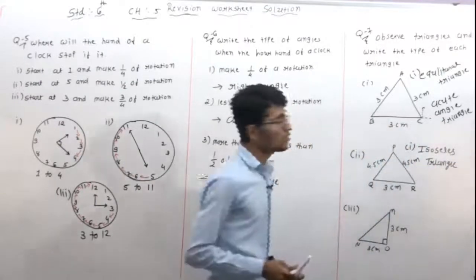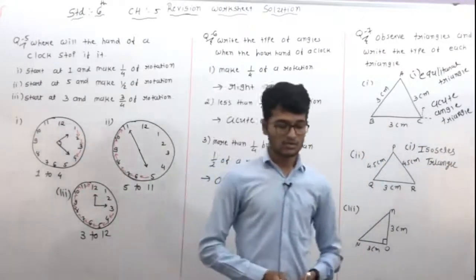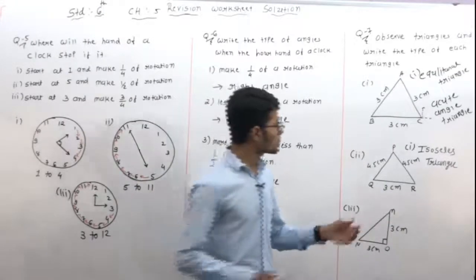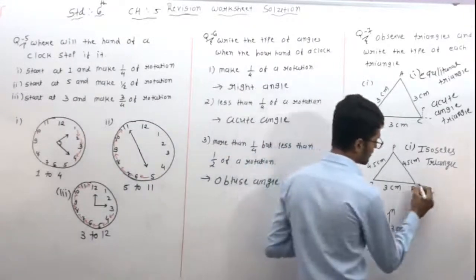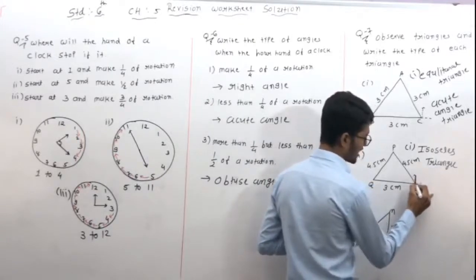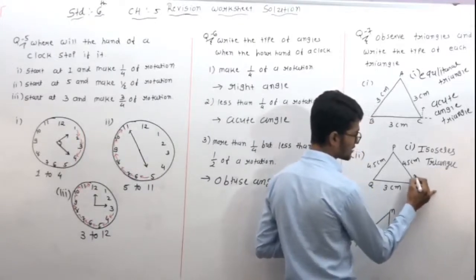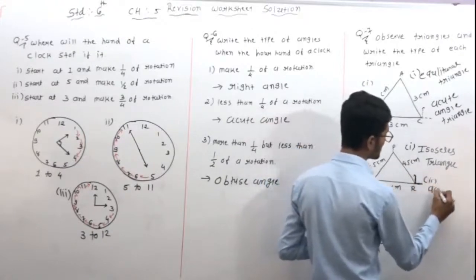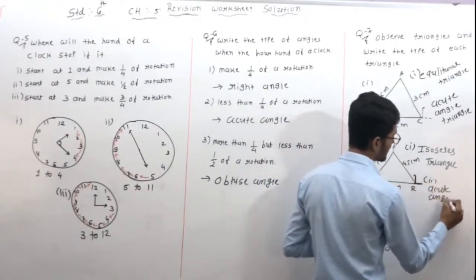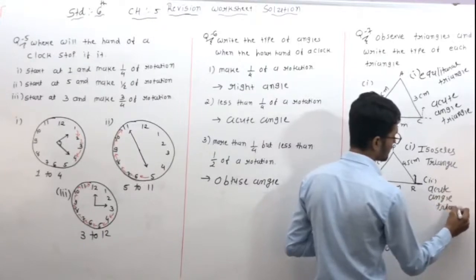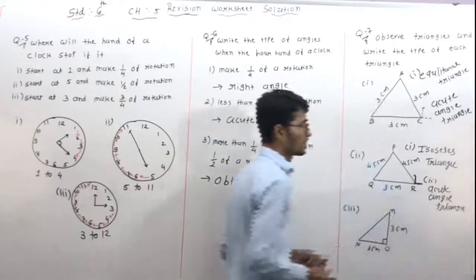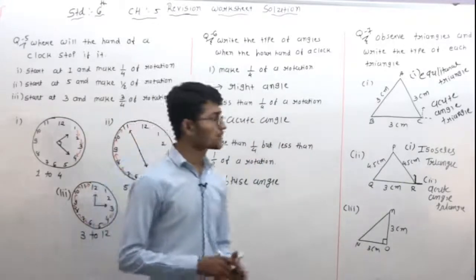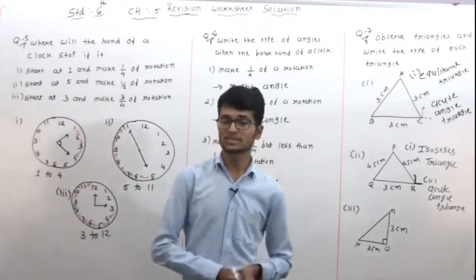Now another name of this triangle. So here also, if you draw here, this one is the 90 degree straight line. This one is 90 degree. So 90 degree or less means this one also has another name, the acute angle triangle. Right? Understand the two types of names of this triangle.